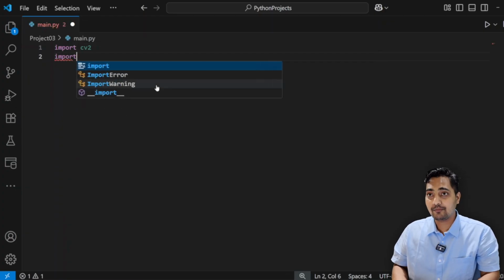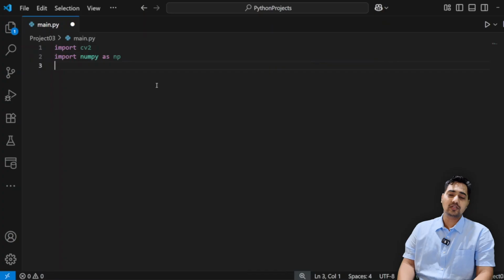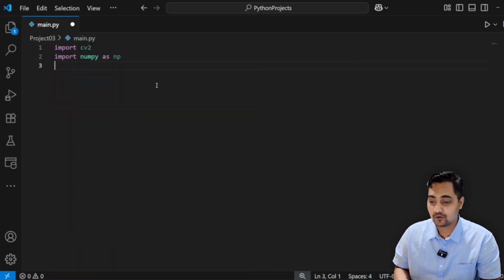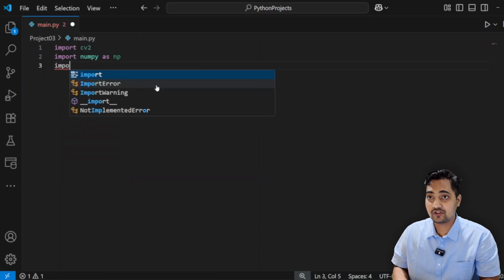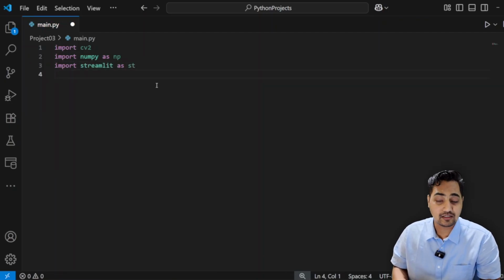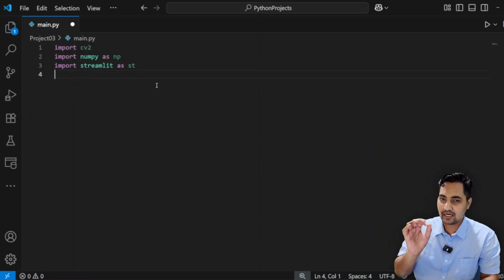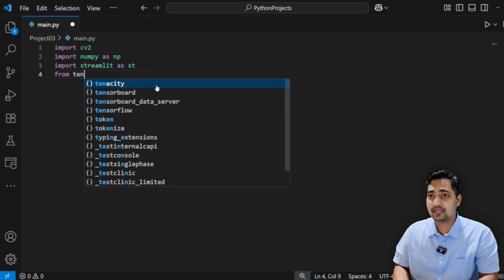Next, I'm going to import NumPy as NP. This is usually installed whenever you install TensorFlow. Beyond that, I obviously want TensorFlow, I want Streamlit, import Streamlit as ST, just like we did in the previous case. And now the next one is going to be slightly complicated, but bear with me. So now we have from